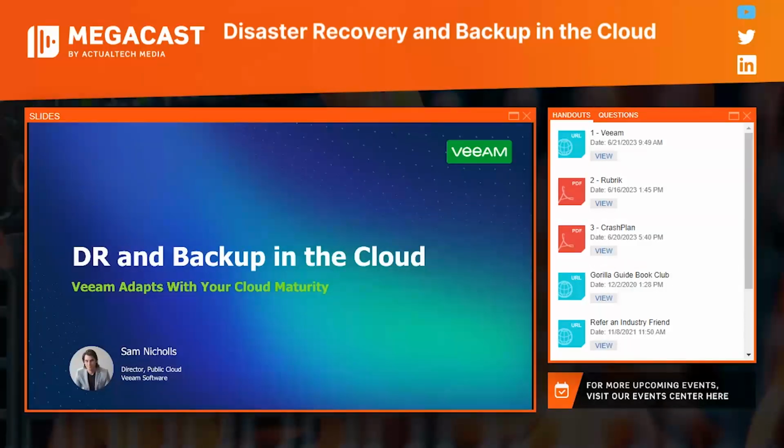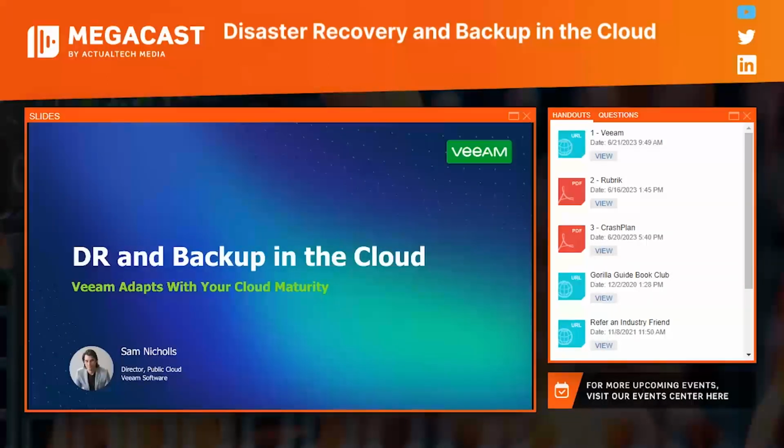So let's just break that down a little bit. And then what I'm going to do is actually show you a real world customer with a real world architecture with real world outcomes on how Veeam helped facilitate them, not only digitally transform, adapt, migrate to the cloud, but also do that very efficiently, very cost effectively, do it in a very, very secure manner, and then also make sure that they are not locked into one specific platform.